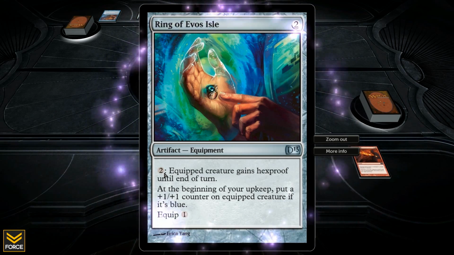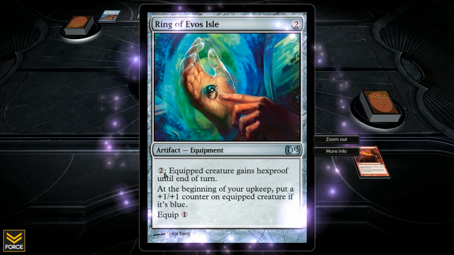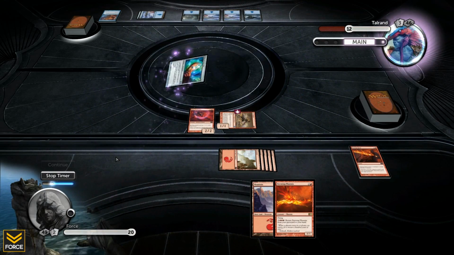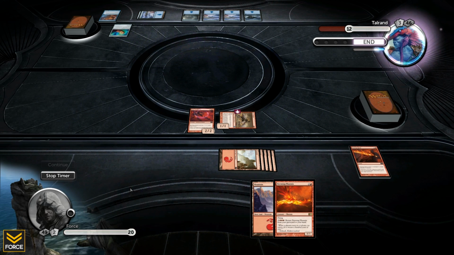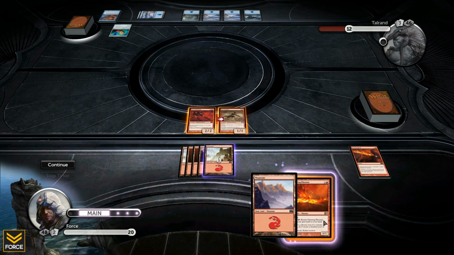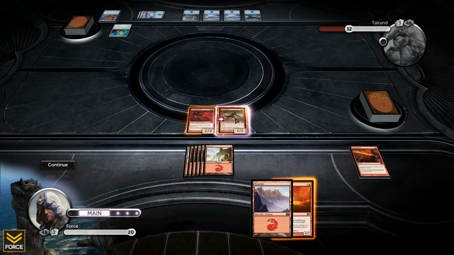So at the beginning of his upkeep, so once a turn, that equipped creature gets a +1/+1 counter, making it that much more effective. So that card, really obnoxious that that's in play. And we'll see if he throws a creature down and equips it right away. No, nothing. Okay, well, here's my chance here. Do some damage this turn. All right, so